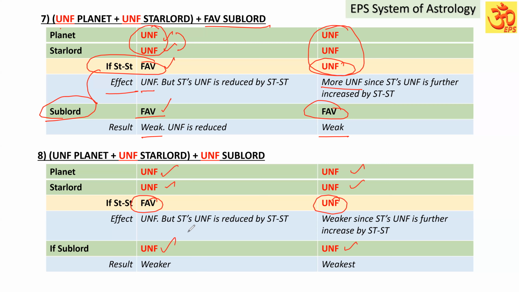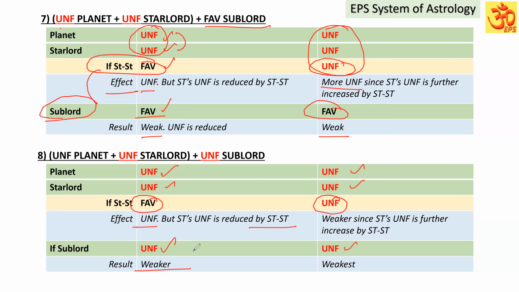Correct? It cannot be increased. Weakness can be reduced if the star lord or the sublord is favorable. Still, its effect is unfavorable only because the star lord's unfavorable effect is reduced by the star lord or the sublord. When the sublord is unfavorable, it is going to be weaker, because you can see planet, star lord, sublord, all the primary rulers are unfavorable